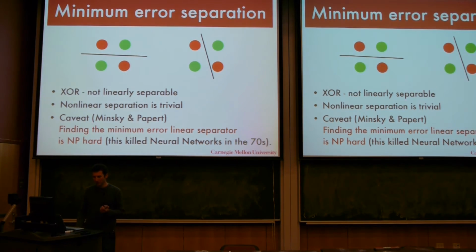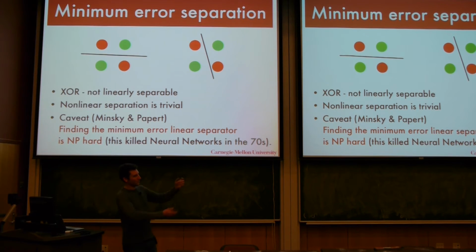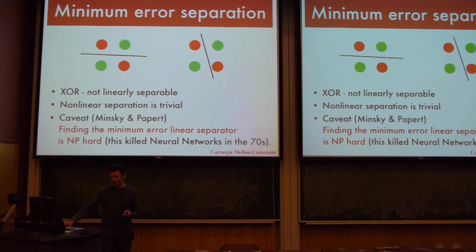So let's look at a simple numerical example. Let's take the XOR, and you can clearly see there is no line that separates all of them. The nonlinear separation, of course, is trivial. All I need to do is add a third axis, and then the green lies off the blue, and the red lies off. So easy. And so this is one result that we can have: a representation with linear separation. This basically is a neural network.